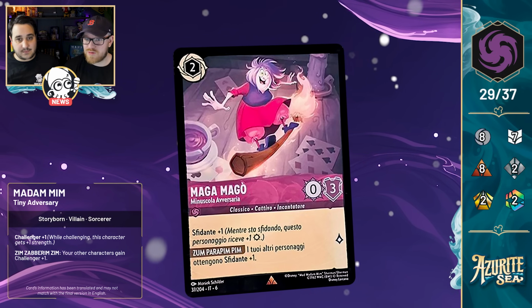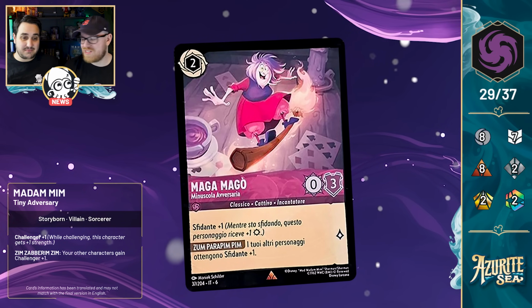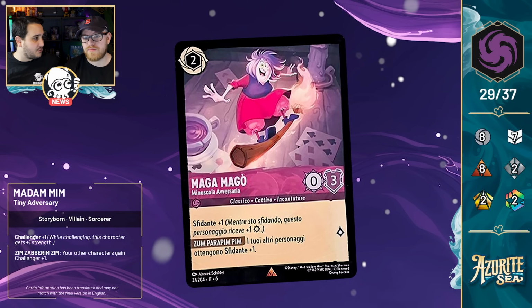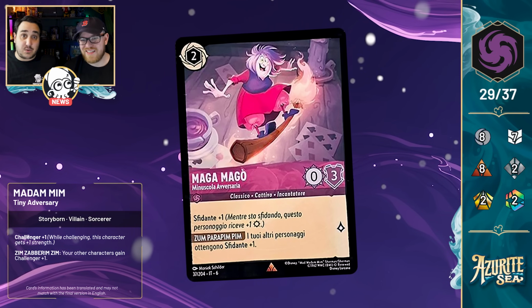She is Challenger +1, and she also has the ability Zim Zabarim Zim. Your other characters get Challenger +1, which is actually a really cool effect on a 2-cost character. It is cool, because especially you don't have to be exerting. You can leave it there. Unless someone can make a deal to take her from the board, you're just giving +1 to all your